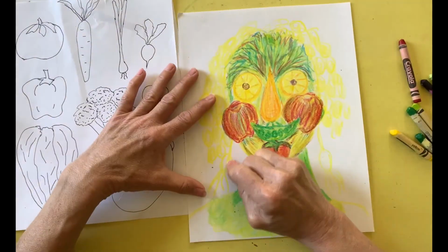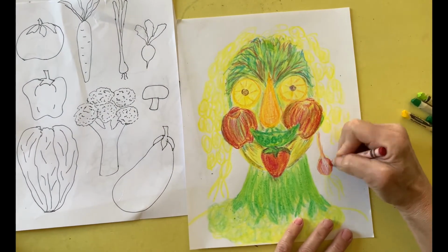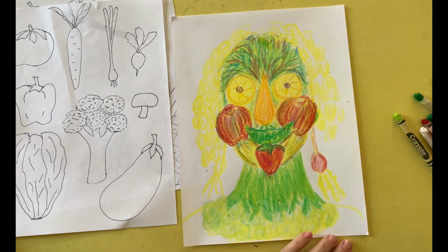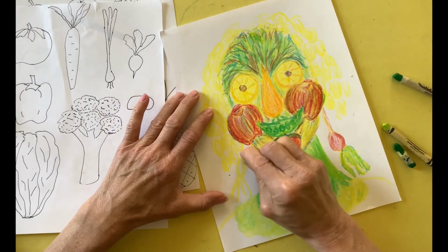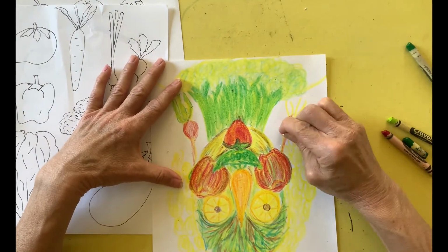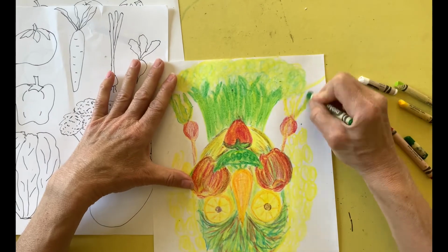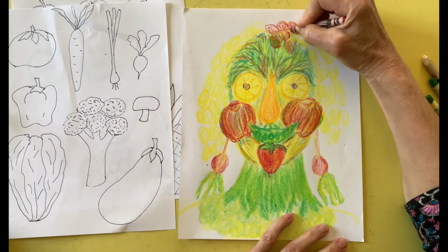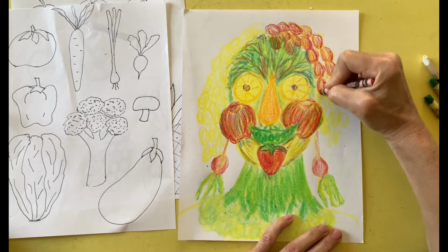I use a white crayon first on the radish roots and bulb before going over it with red to create a lighter red. When white is mixed with a color, a tint is created. The grapes that form the hair consist of many layers of color. I begin with a layer of red,